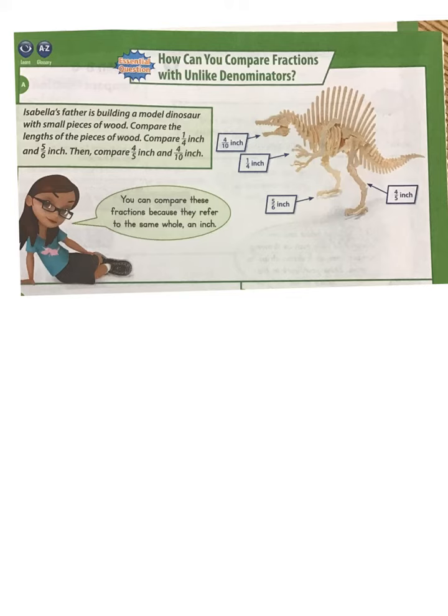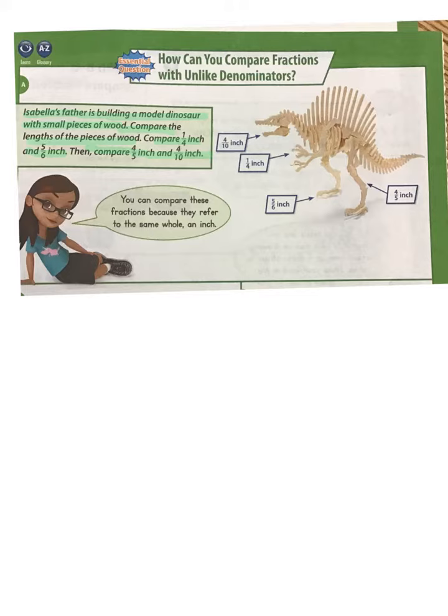Today you are going to learn how to compare fractions with unlike denominators. Isabel's father is building a model dinosaur with small pieces of wood. Compare the lengths of the pieces of wood. Compare 1/4 inch and 5/6 inch. Then compare